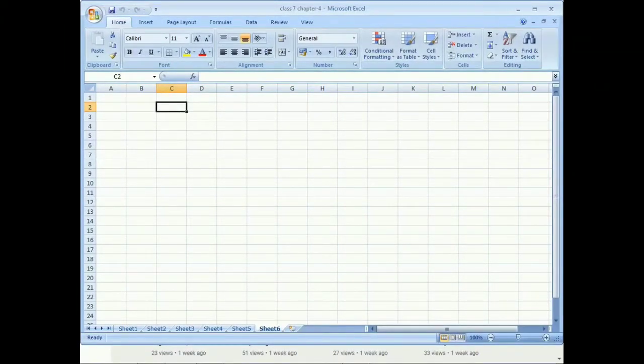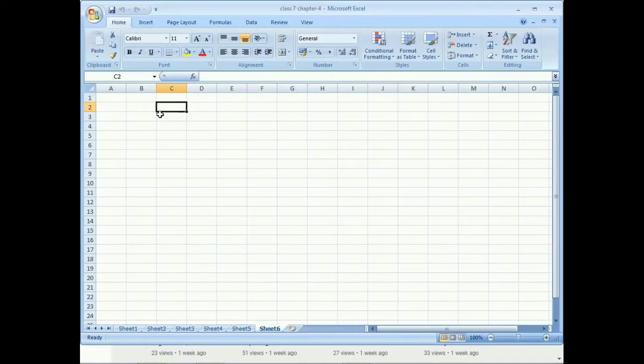Okay, now we are going to start a new topic: using autofill features in Excel. First of all, we need to open any Excel sheet, and after that we are going to perform the autofill features. Before this, I'm going to explain autofill. It is a wonderful feature for copying cell contents. It is used for copying the cell contents, and it is the easiest method to fill the data in the cells automatically.